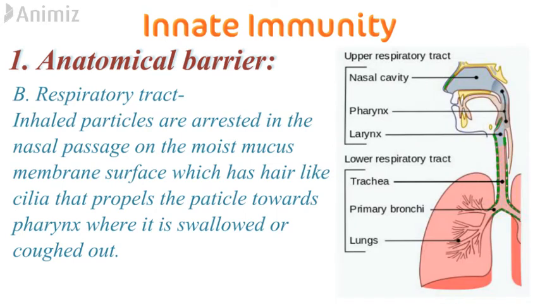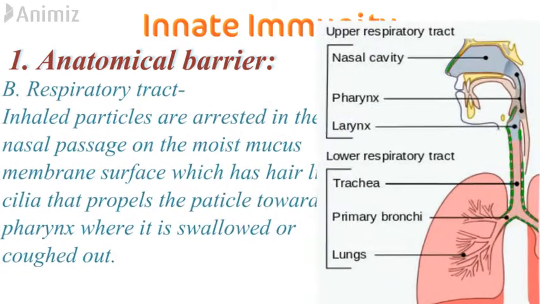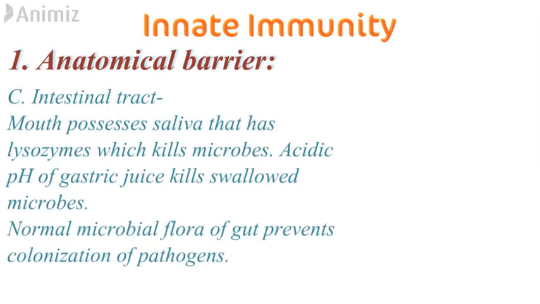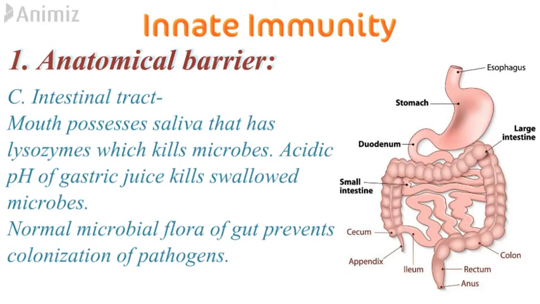on the moist mucous membrane surface, which has hair-like cilia that propel the particles towards the pharynx, where they are swallowed or coughed out. The third one is the intestinal tract. The mouth possesses saliva that has lysozymes which kill microbes. The acidic pH of the juices kills swallowed microbes, and the normal microflora of the gut prevents the colonization by